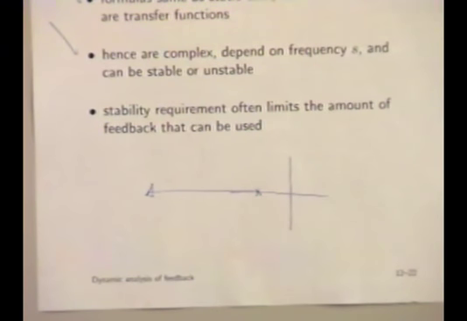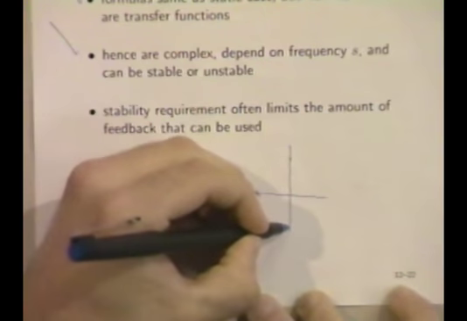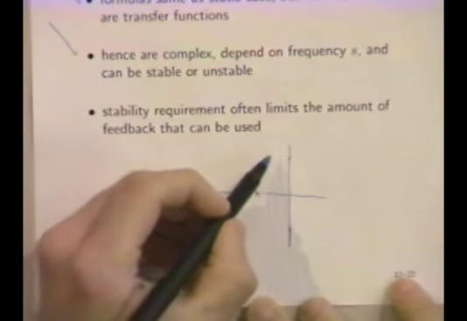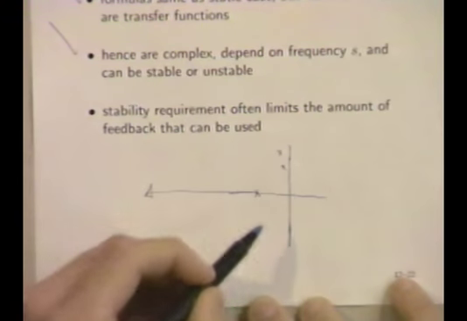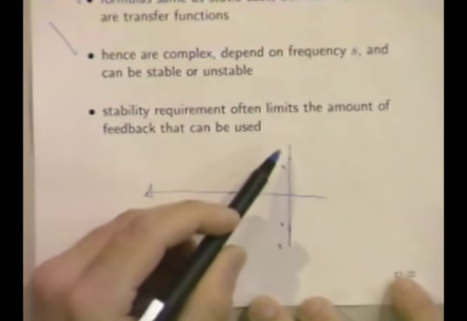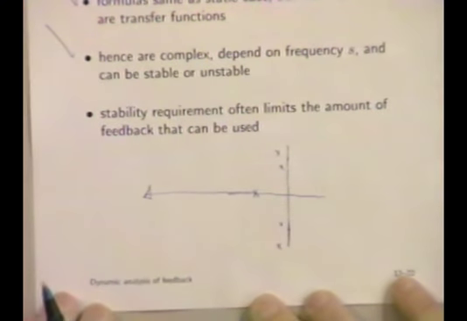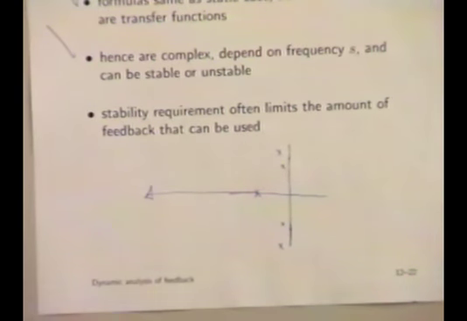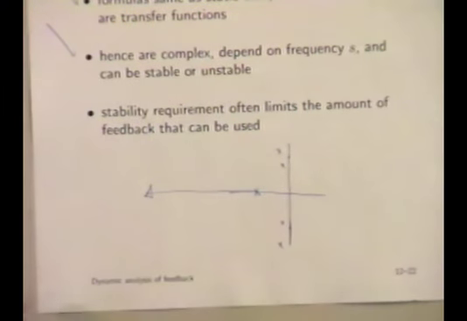Now the truth of the matter is that most physical systems tend to have poles, many poles. Mechanical systems are notorious for having poles really, really close to the imaginary line. So when you apply feedback, it's almost inevitable that you will have poles moving onto the right-hand plane. But I just thought I'd mention that in case you thought,